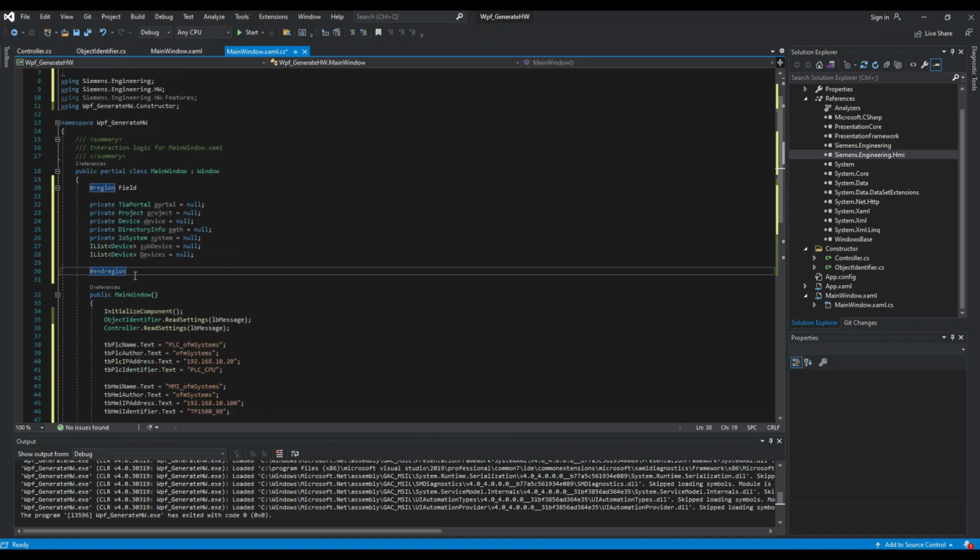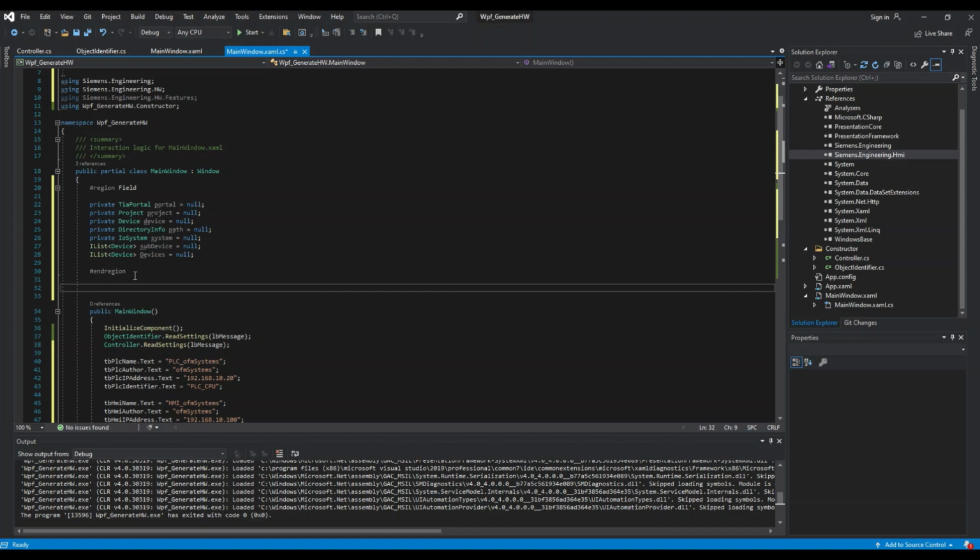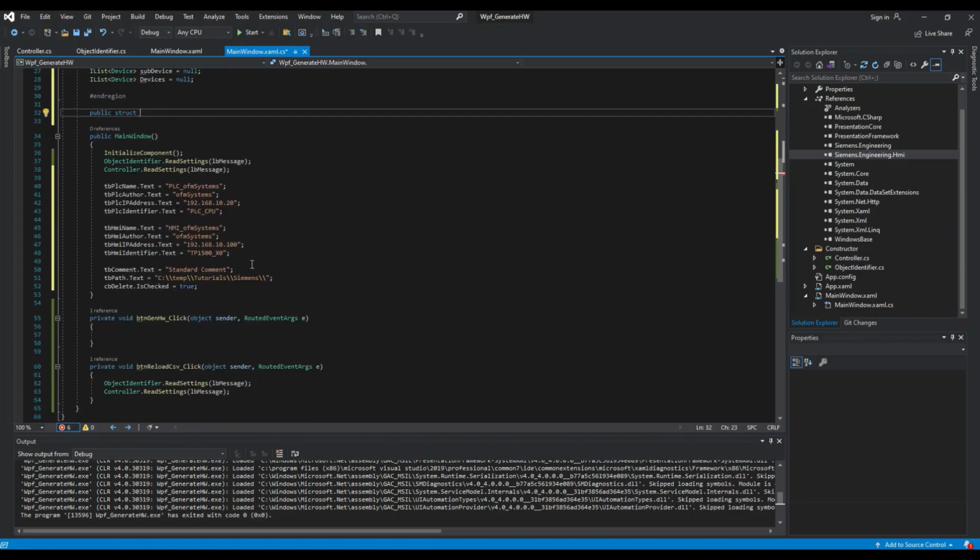So what I would like to do here is actually create a structure, because seeing that I have a PLC and I have an HMI, I would like to create an array of this information, and I'm going to encapsulate this in a structure, and I'm going to call it add device,